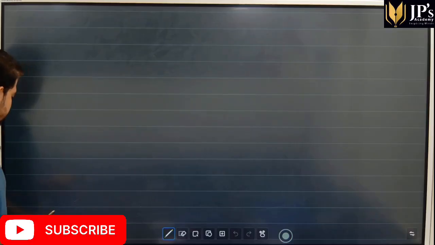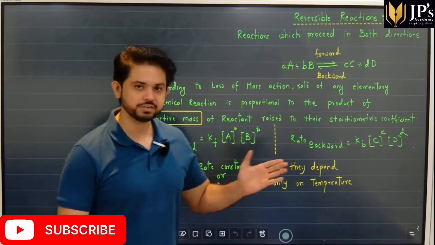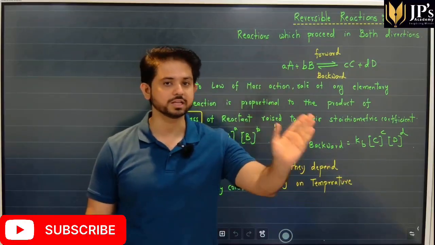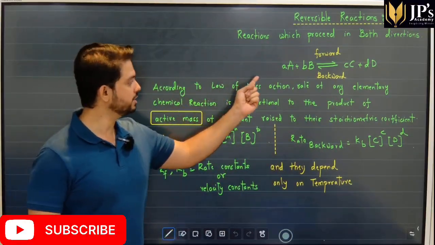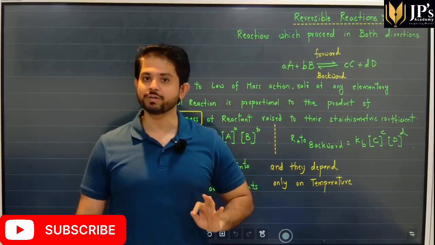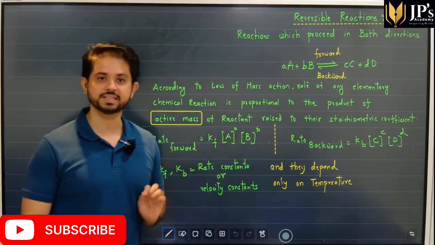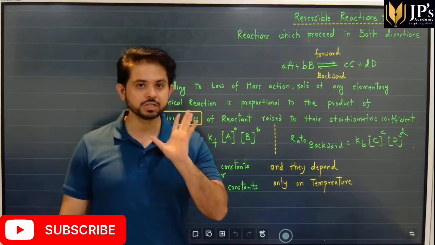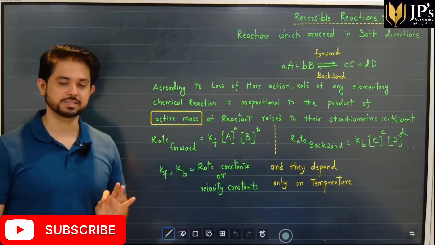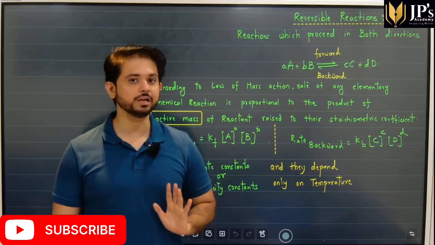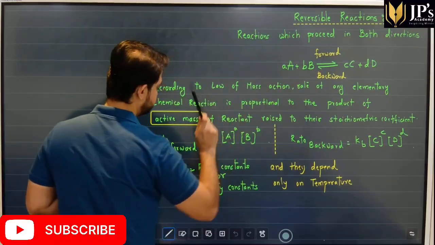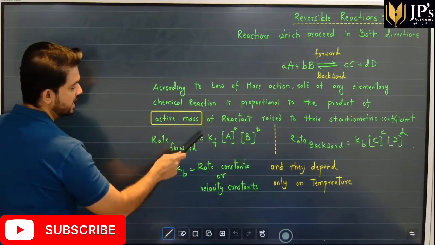What exactly is a reversible reaction? A reversible reaction is a reaction which proceeds in both directions, forward as well as backward. So let's say we have a reversible reaction. Now, the rate of any reaction, according to the law of mass action, is directly proportional to the product of the active masses of the reactants raised to their stoichiometric coefficients. So students, I can write that the rate of the forward reaction is equal to